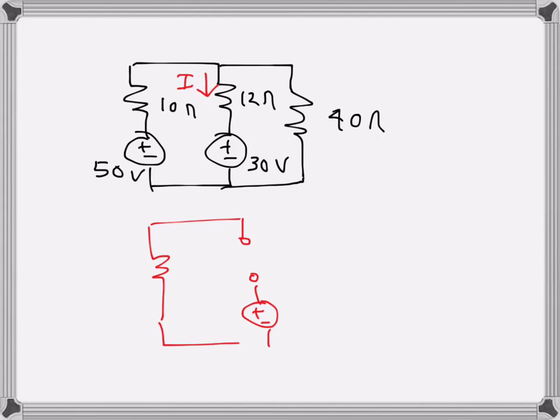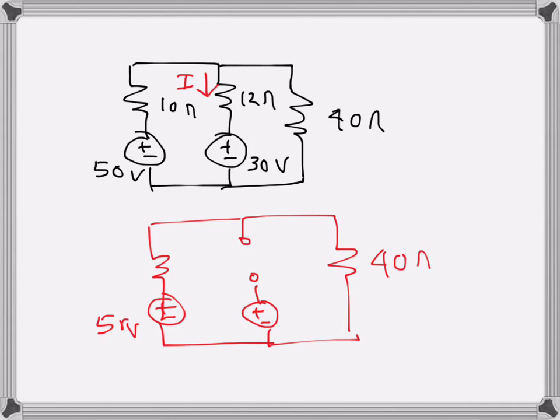I won't remove it. This one also stays there, which is 50 volts, and then I have the 40 ohms resistance. So that's there. This one is the open circuit here, because I am trying to find the current through this branch. I am attempting to find Thevenin's circuit for this particular resistance, 12 ohms. So I have 10 ohms there, and since I have an open circuit,